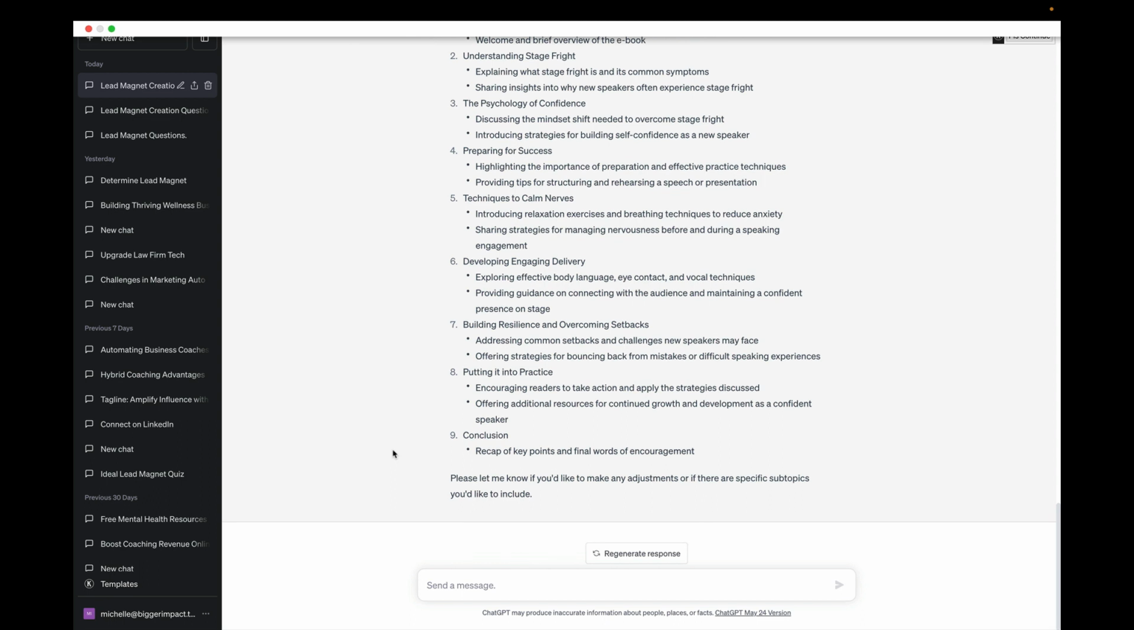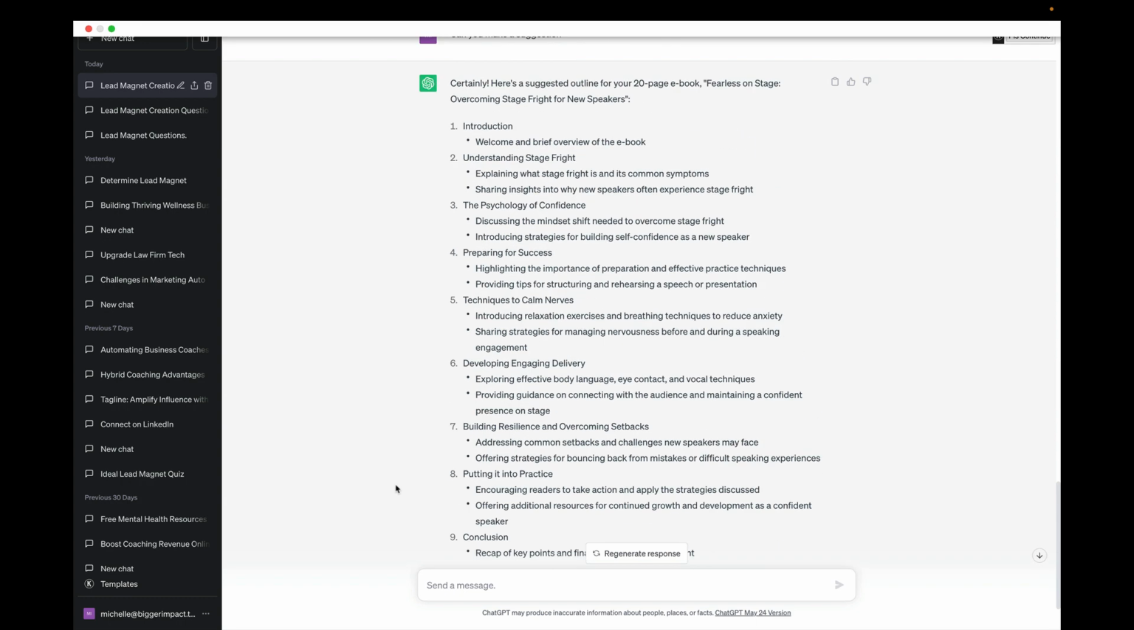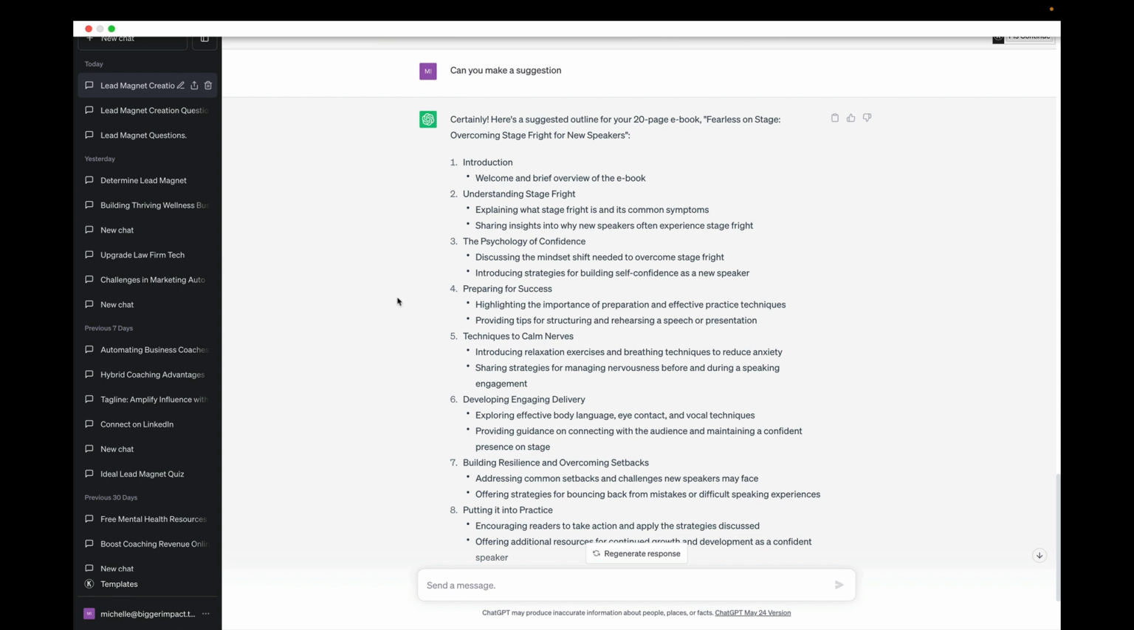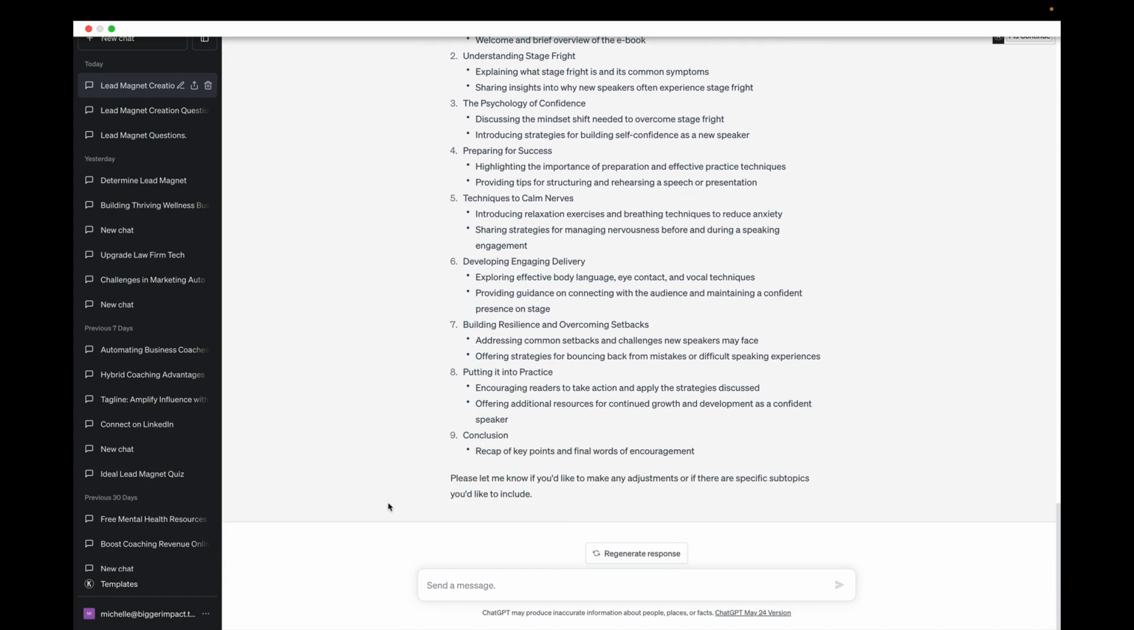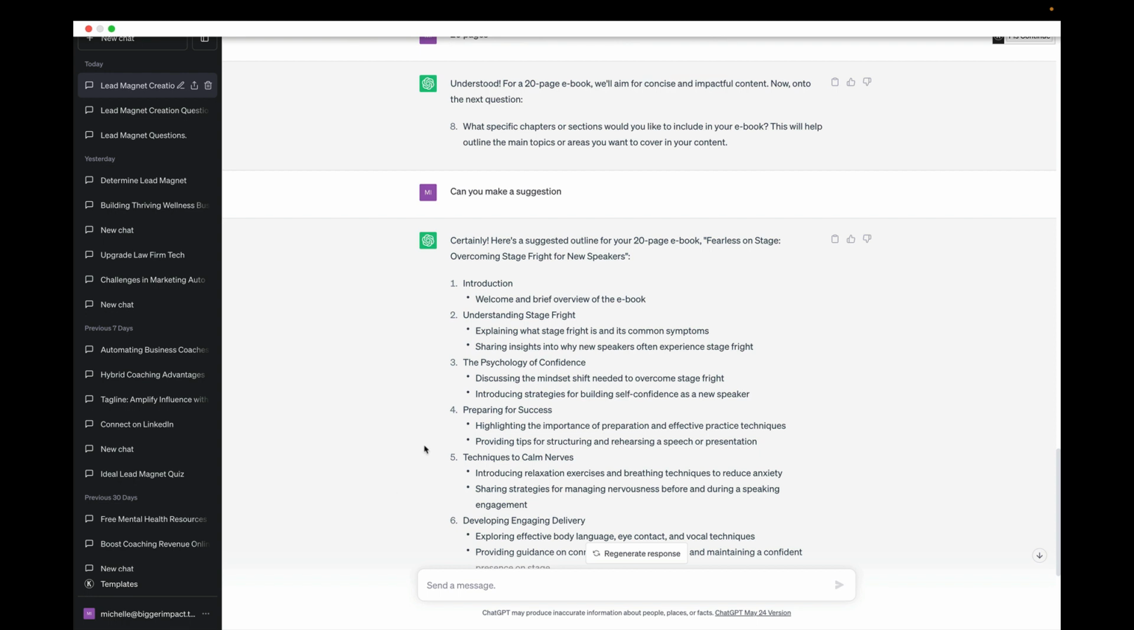Okay, so and also I could suggest adjustment or say include specific subtopics in the same manner that I ask for help and so on, but I will leave it at that. And so now we have an outline for the ebook, and now we can get help writing the actual ebook. So for example,